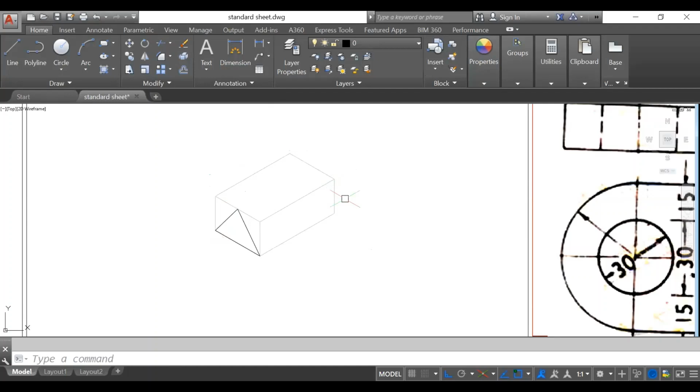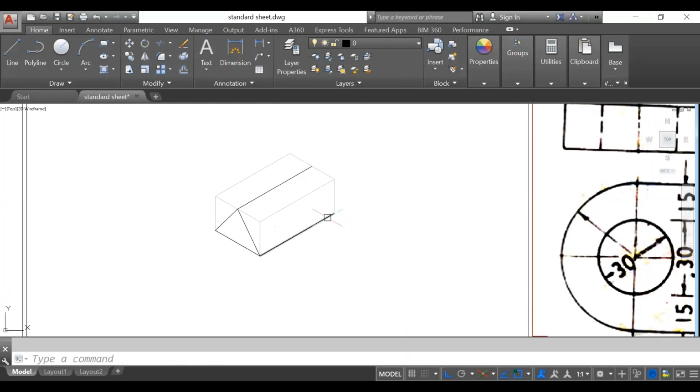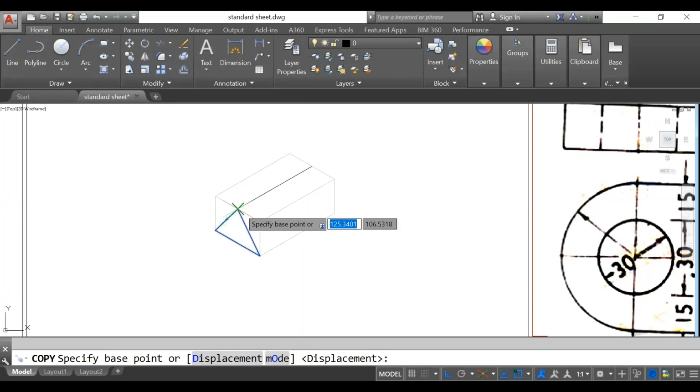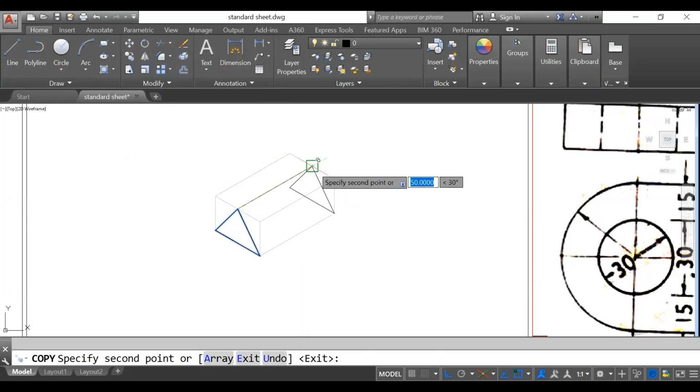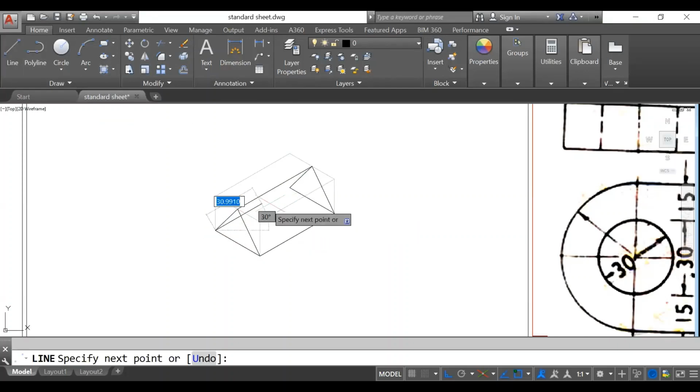Then I draw one straight line from this point to this point, and copy this from this point to this point. Then we can join this point to this point. But the lines I'm joining here are hidden parts.